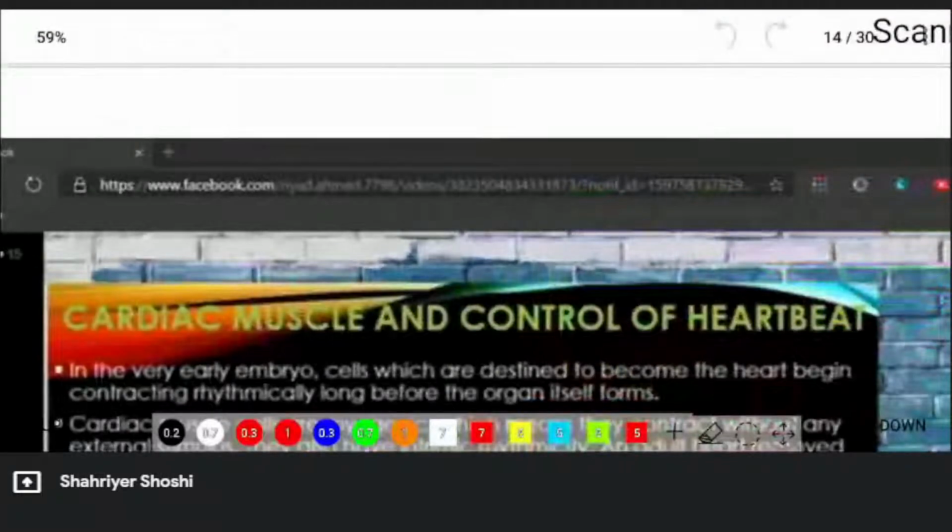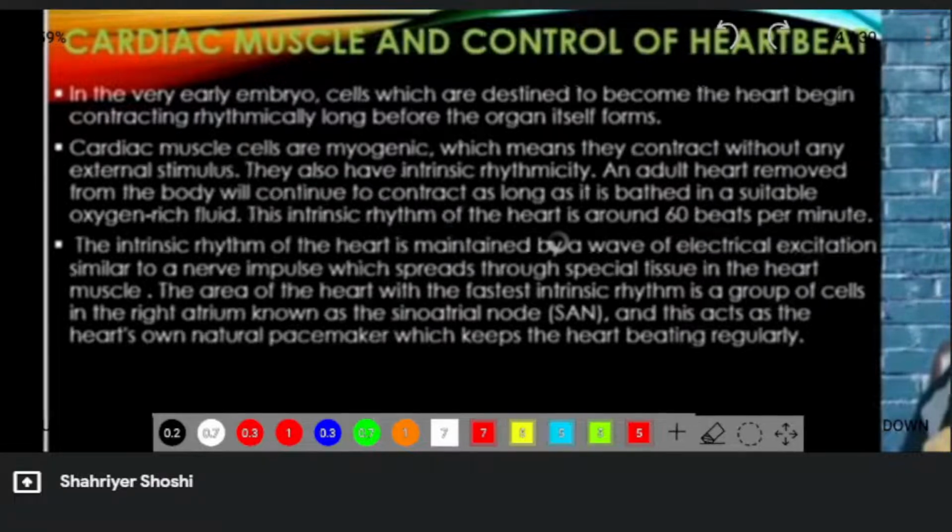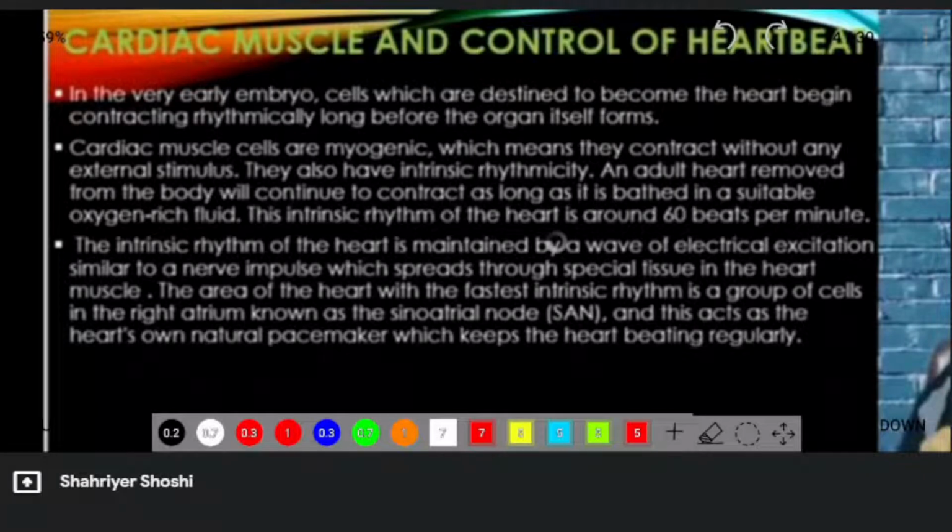What after pleura? We know that the heart has a big network of capillaries around it. Yes. So now let's start reading from the notes. In the very early embryo, cells which are destined to become the heart begin contracting rhythmically long before the organ